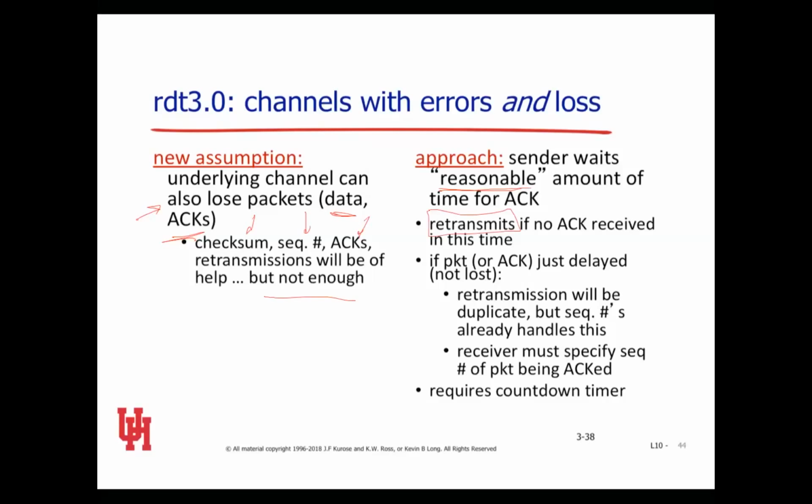We can't even assume they're ever going to arrive. So if a packet or ACK is just delayed, and it turns out it's not lost, but we thought it was lost, so we resent the packet or the ACK, that's okay. It'll be duplicated, but the sequence numbers are going to keep us from getting fooled. So the receiver must specify the sequence number of the packet being ACKed, and this is going to require a